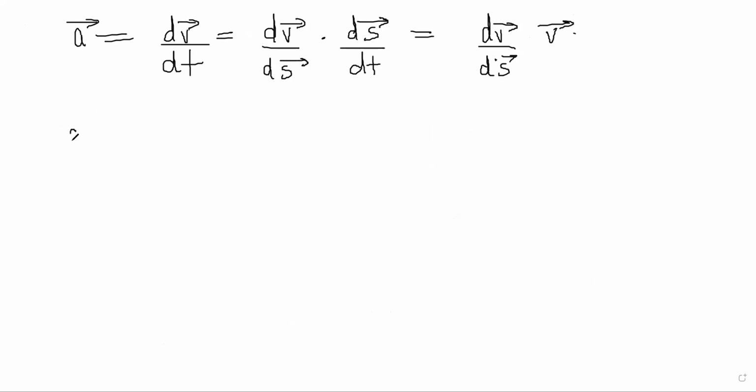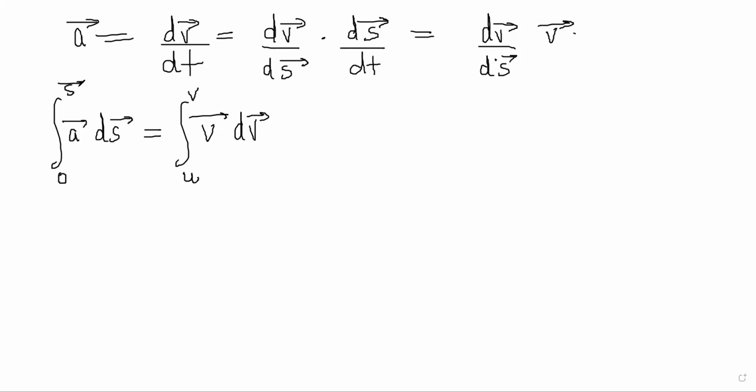So you can write it as a ds is equal to v dv, right? And integrating this again from initial u to final v, and here 0 to s, initial 0 displacement to final displacement s, and assuming that a is constant,